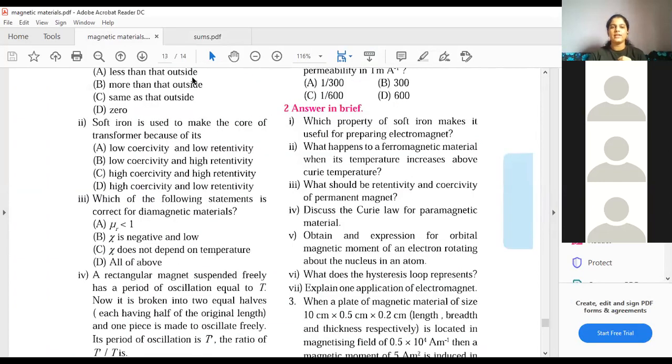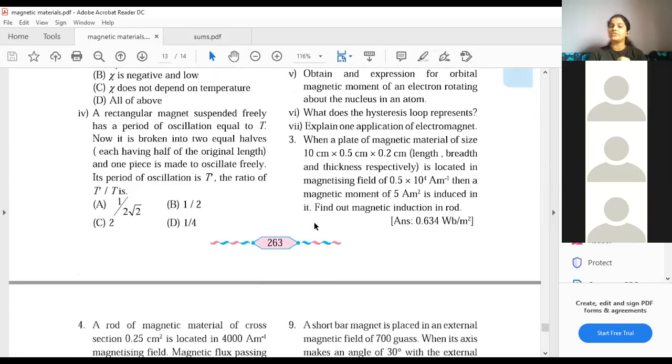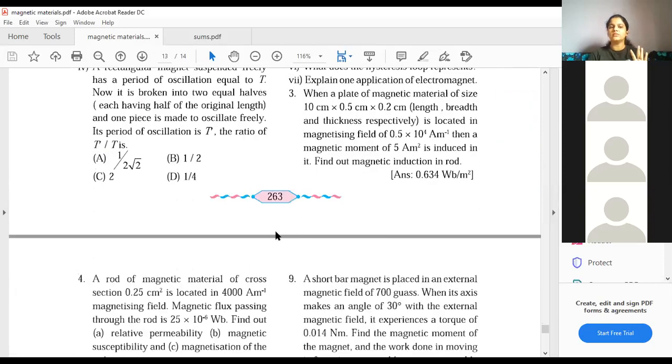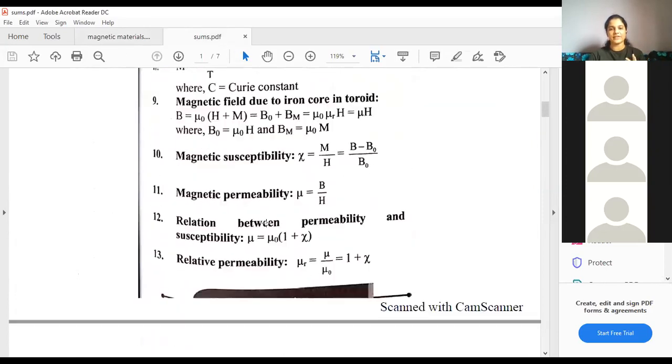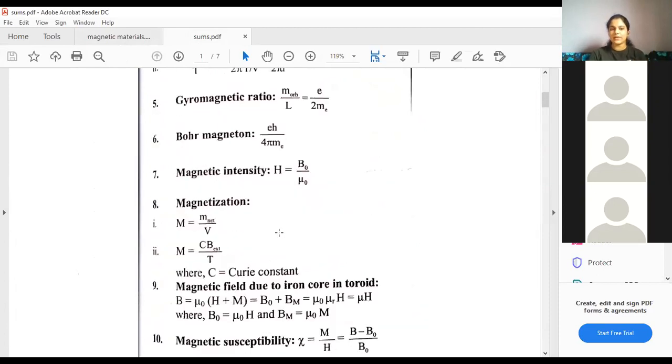Okay, fine. All right. Now, please let me know if you can see the questions PDF. The textbook PDF you can see, and also the sums PDF, the formula section that I'm showing to you. दिख रहा है ना दोनों सबको? Yes, ma'am. Yes. Okay. In case any issue is happening, please let me know. If you are not able to see the PDF displayed. Okay, students, here everything is summarized.